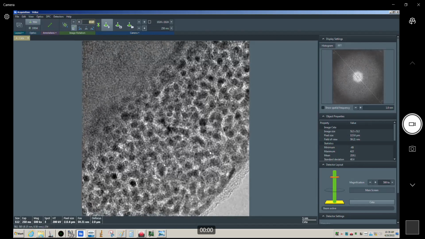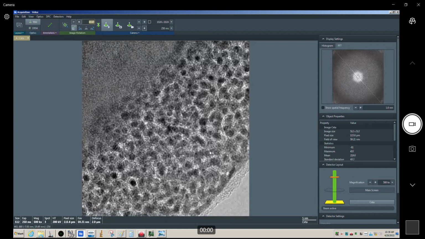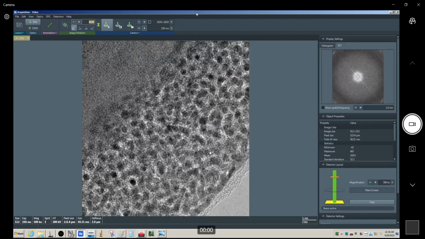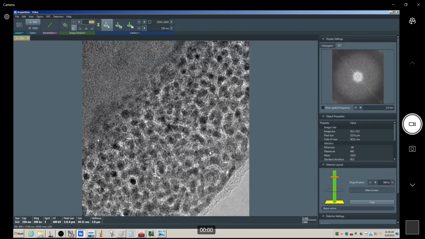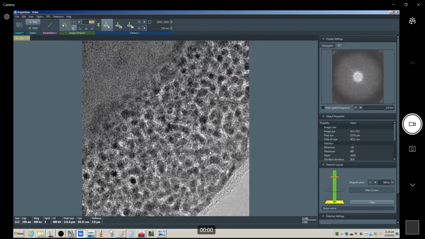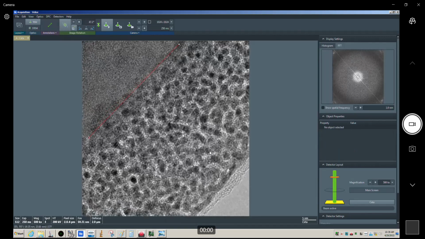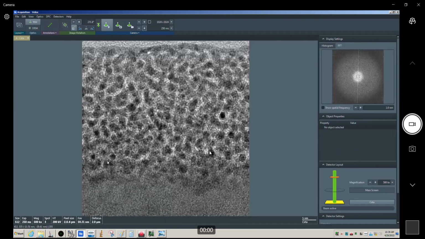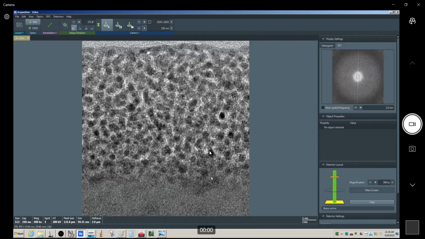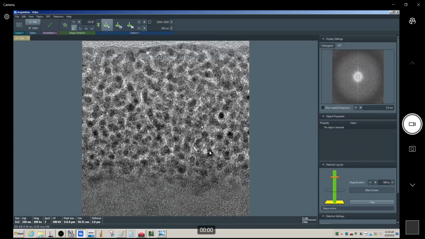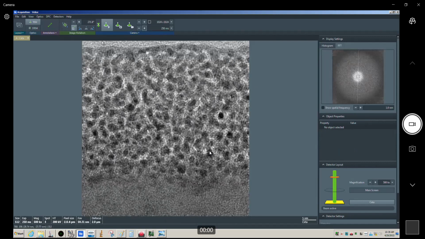Now, let's say this was the image as we got it, and there's an interface right here. If I wanted this interface to be horizontal, I can use this button right here, and that will automatically figure this out for me. Depending on what it is, it's going to crop it down accordingly. If I acquire this,